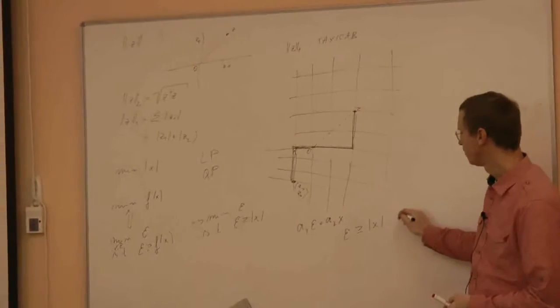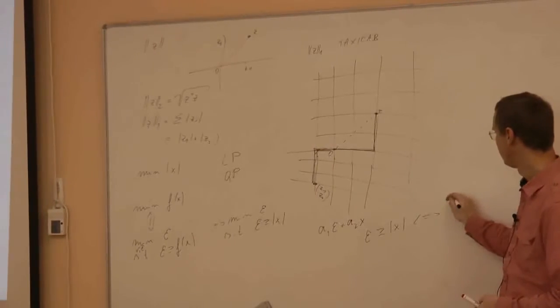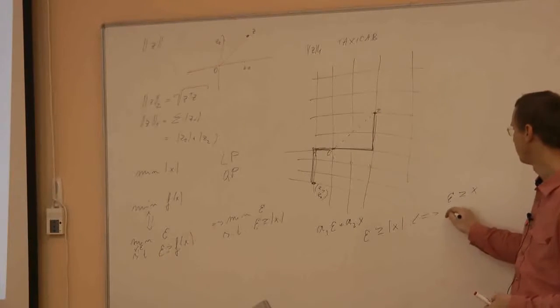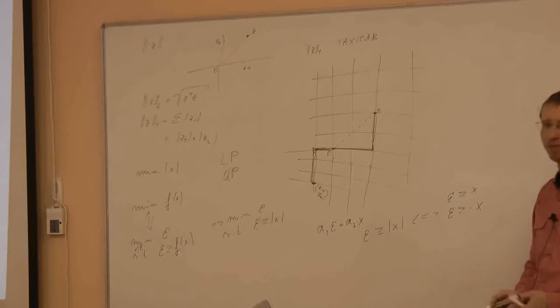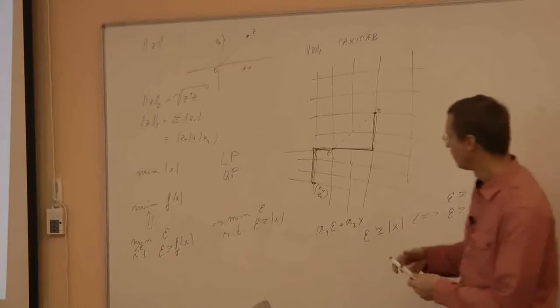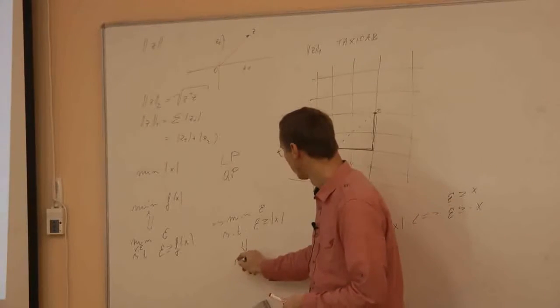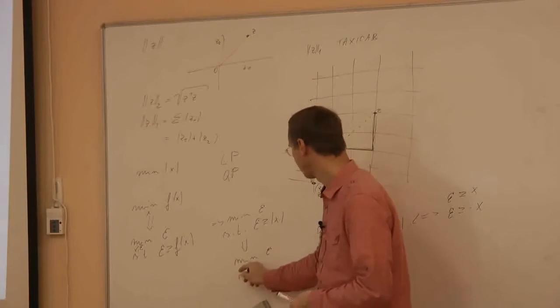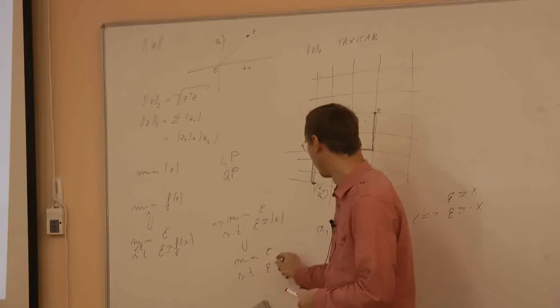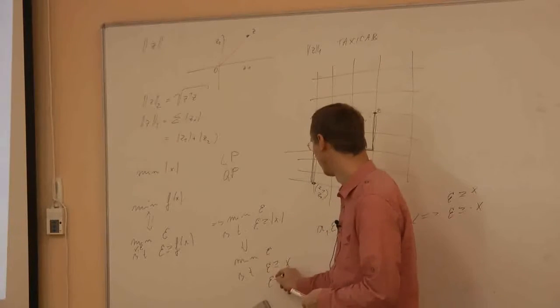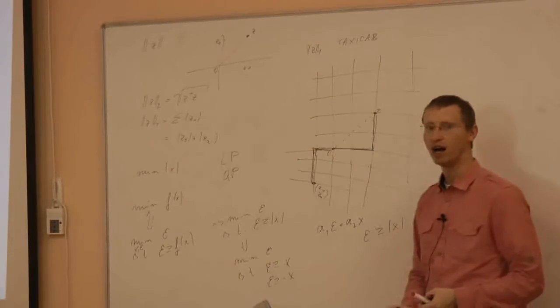Epsilon is larger than the absolute value of x if and only if epsilon is larger than x and epsilon is larger than minus x. Do you agree with this? So we rewrite the problem into: minimize epsilon subject to epsilon larger than x, epsilon larger than minus x. Voila, what we have